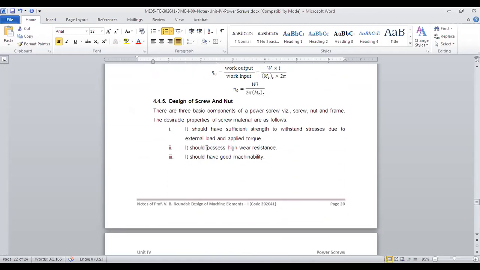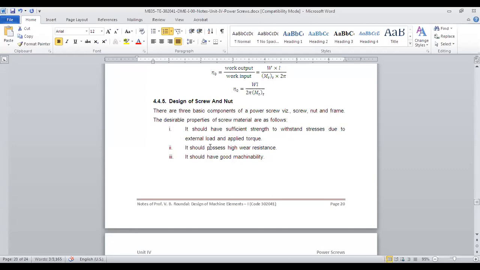So, design of a screw means basically what the different stresses are in the screw and nut in case of power screws. Say we take any assembly, like a screw jack, or a lathe screw, or a C clamp. There will be three main components of that assembly. First the nut, then the frame, which is the outside part. There will be a nut in that frame, nut and screw. Either the screw will be moving or the nut will be moving. Depending on that, your design will change, but the concept will remain the same.